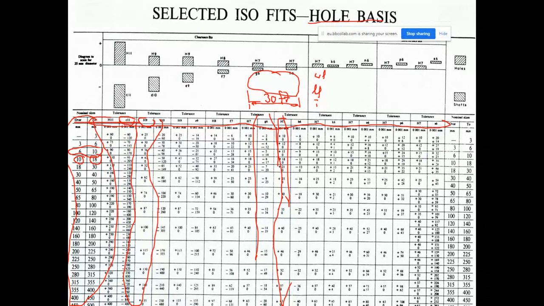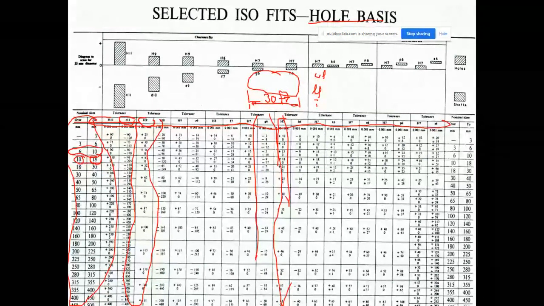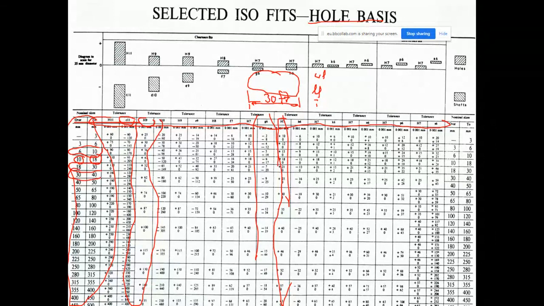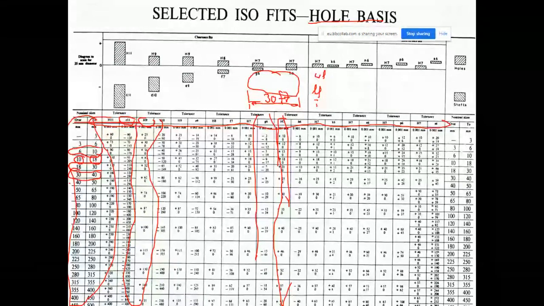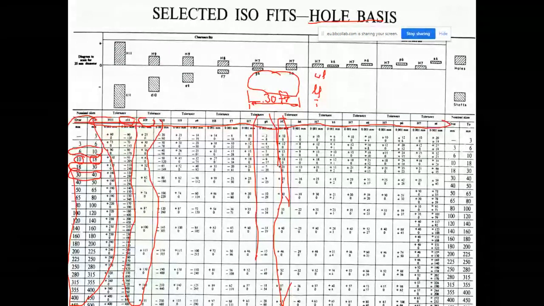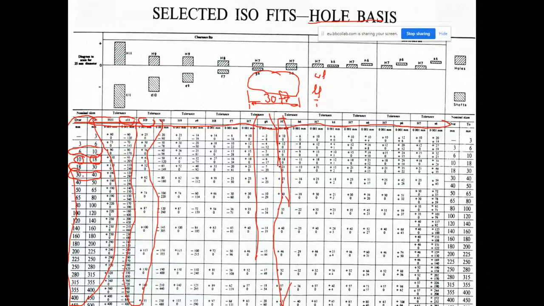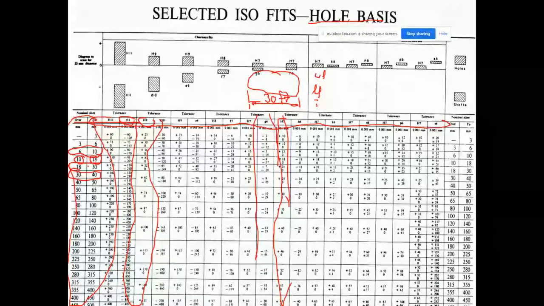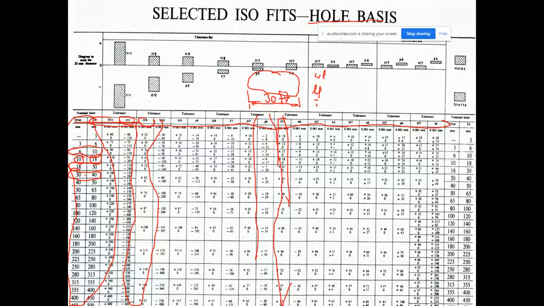For instance, here our nominal value is 30. See, 30 is the boundary value for this range and the boundary value for the following range. 30 is just the threshold value. This is the question in selecting the row by locating the nominal value of the dimension in the range: whether you select this range or the other range. The nominal value is 30. The general rule says that the first number is not included.